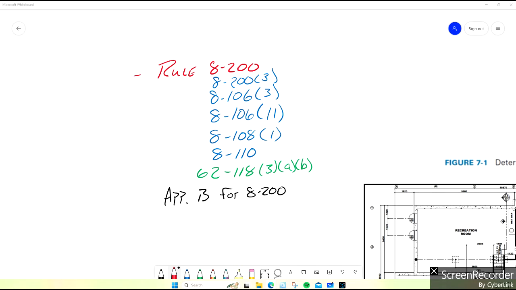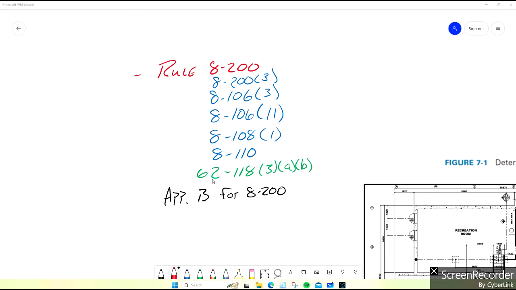Today we're going to be looking at Rule 8200 of the Canadian Electrical Code, which is how we calculate service sizes for single dwellings. I have a few rules related to 8200 that we're going to look at as well. We're also going to look at Subrule 3 of 8200. We're going to look at 8106, a couple of subrules in there. We're going to look at 8108, 8110, and we're also going to look at